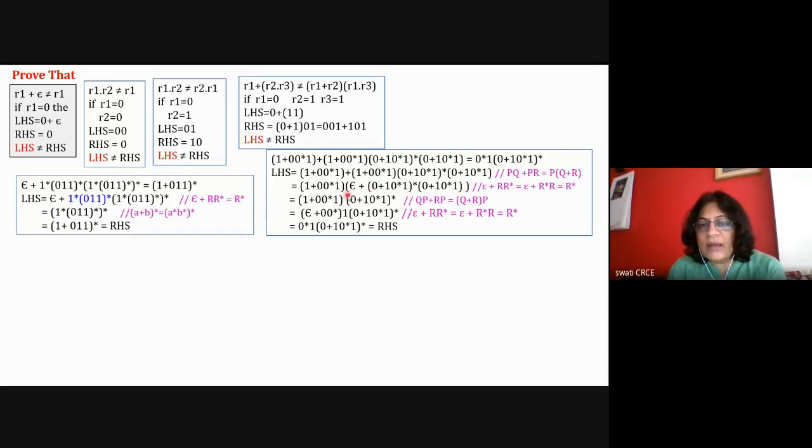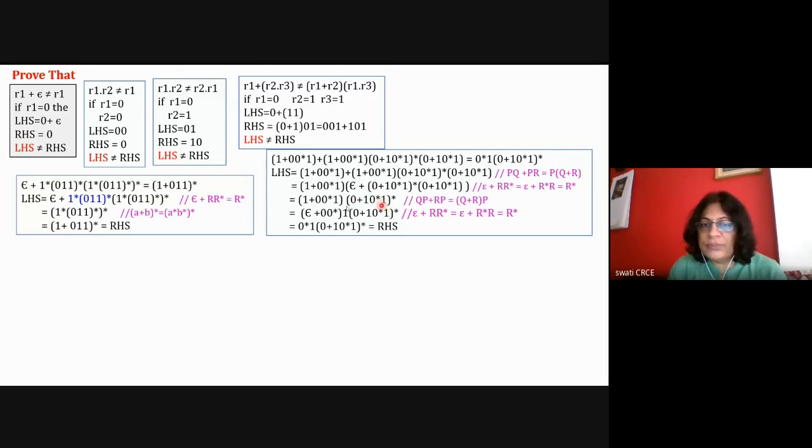Now if you observe this, this is nothing but epsilon plus RR star. So inside the bracket, we can rewrite this entire thing as R star. So I have rewritten this as 0 plus 1 0 string 1 bracket star. So this is nothing but R star. No, this is different. Here now I have to observe this and I have to see the RHS. It is not getting equal now. So what can I do now? I will remove this one, because here there is one. And the right hand side has 0 1 0 string 1 bracket star. So I have got this particular part.